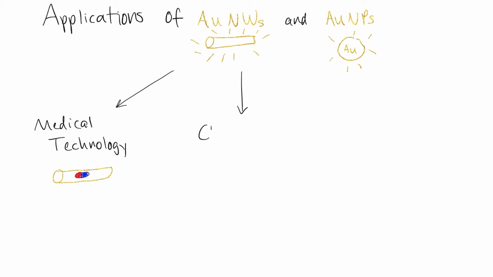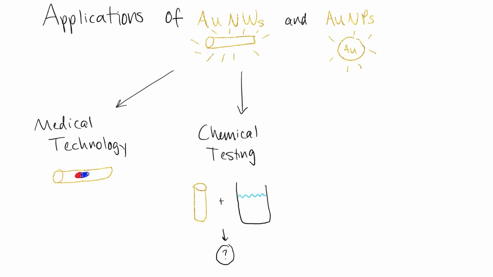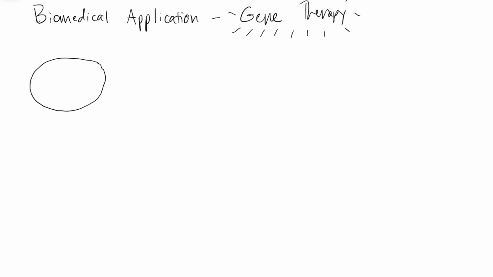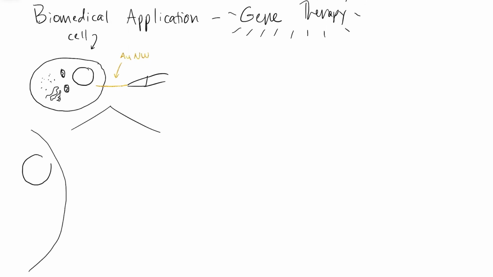Due to their unique physical and chemical properties, gold nanoparticles have been targeted by researchers for a variety of uses in medical technology, chemical testing, and a variety of other fields. One of the more exciting areas of research here is in connection to gene therapy. In a 2013 study, researchers used gold nanowires as the basis of a nanoinjector that allowed them to deliver both linear and plasmid DNA directly to cells. The advantage of using gold nanowires for this technology is their electrical properties and their high level of spatial selectivity.